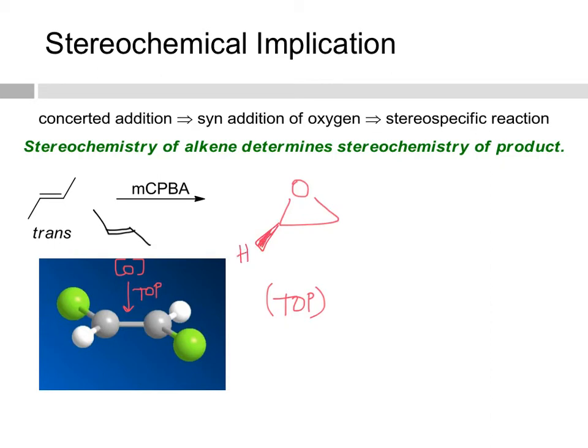And the methyl group is going to be going at the back. And likewise on the other carbon, we've got a methyl group coming out at us and a hydrogen going out at the back. Essentially, you can see that if the alkene is trans, then even the epoxide has those same groups on opposite sides. So looking at it again, we can see that if we have attack from the bottom,